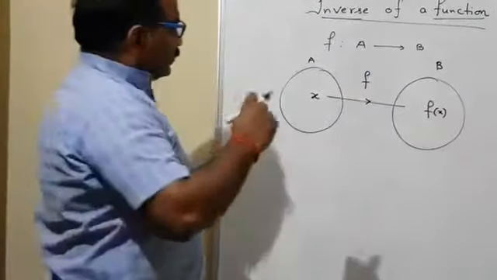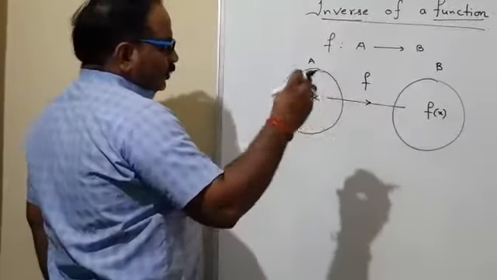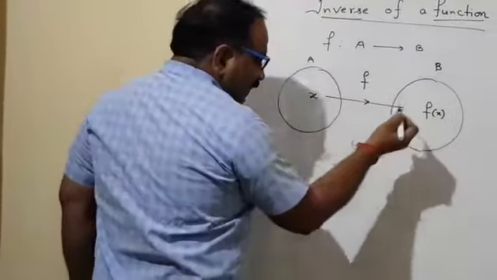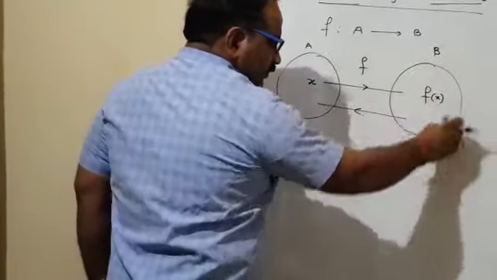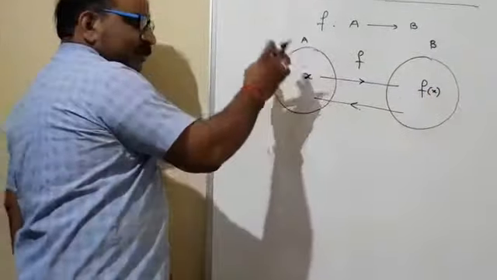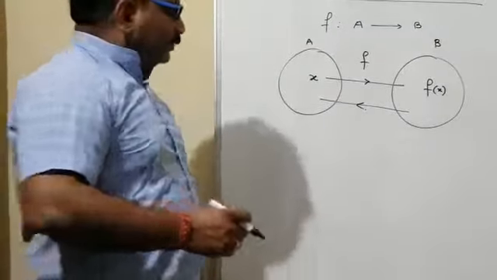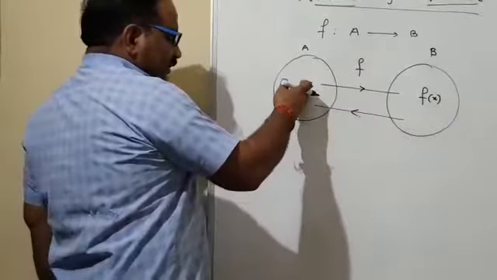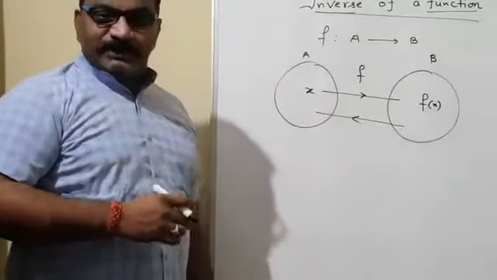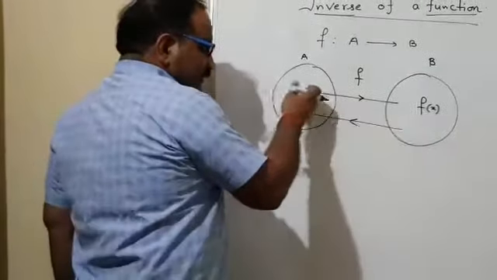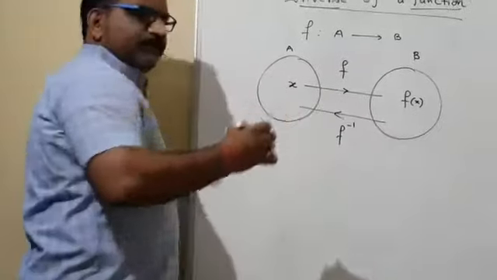Now we have to find out the inverse of a function. Inverse of a function means what? Inverse of a function means a function which reverts back from the range portion of the function towards the domain portion of the function. That means it's a reverse passage. If we assume a function as a passage that starts from x moving up to f(x), the inverse function is treated as a passage which resumes the original situation as such. That means this passage is defined as the inverse of the mapping.